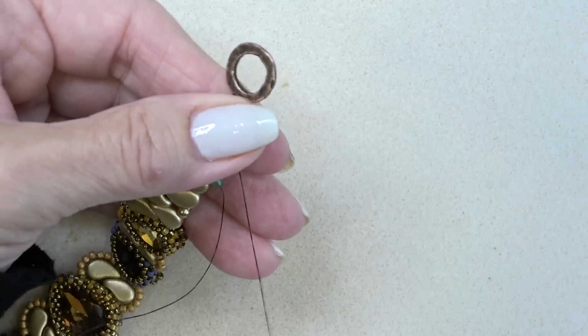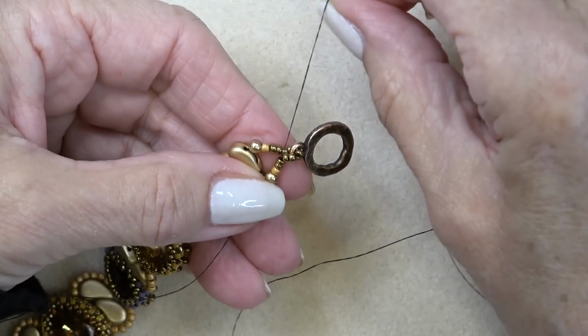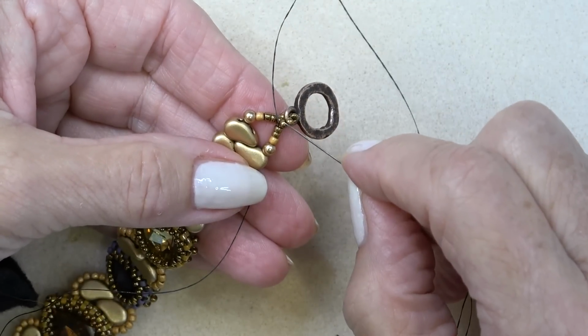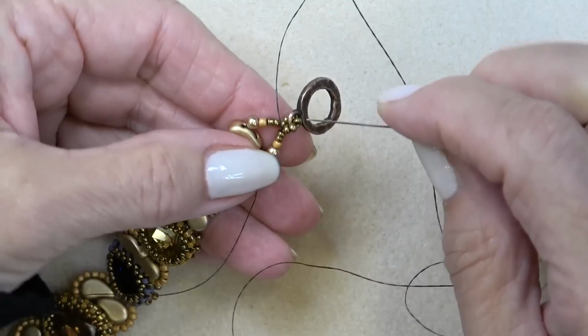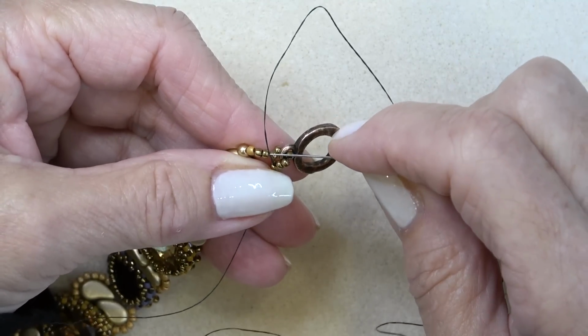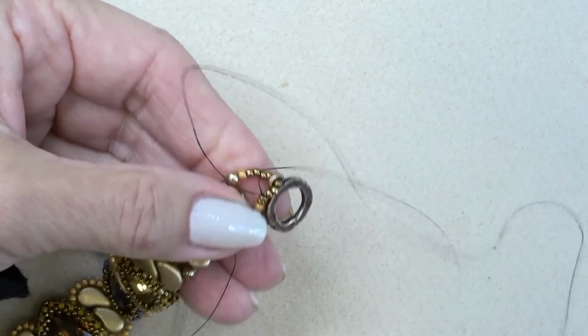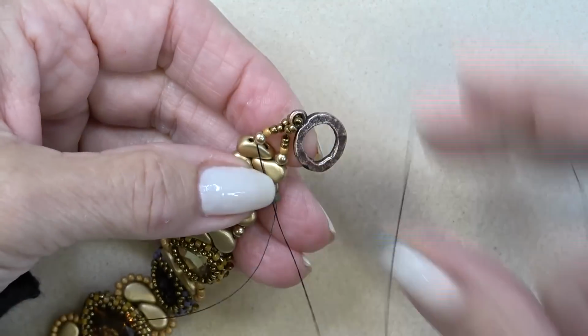Give it a little pull. Oh, there you go. So that kind of twisted around a little bit. And so I'm exiting this bead right here. Gosh, I hope that was okay. And then I'm just going to pop over here and just sew through these guys like that. And then when I pull,